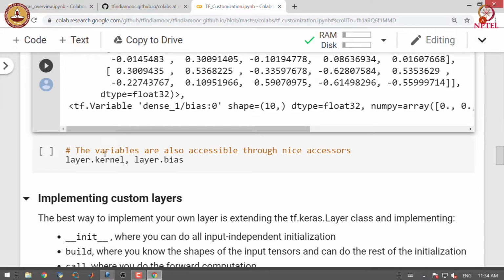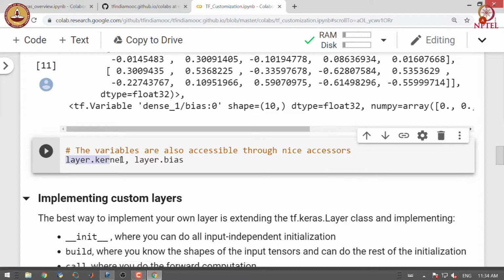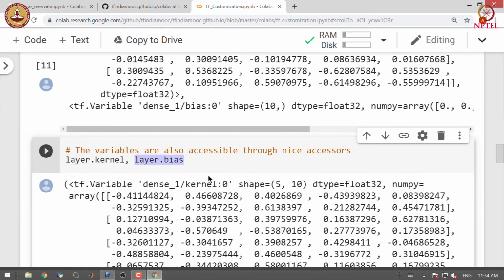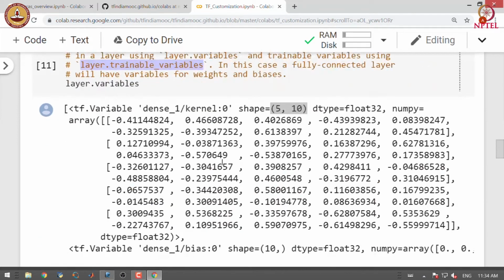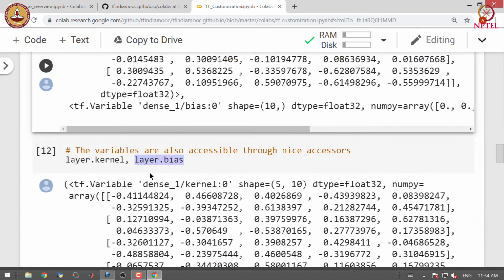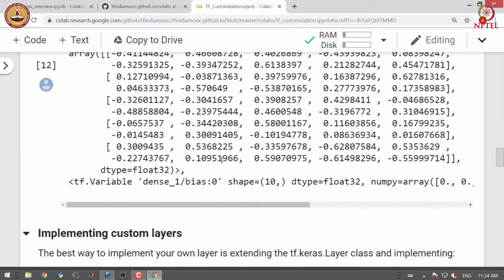For example, the kernel can be accessed using layer.kernel and biases can be accessed with layer.bias. We can see that we get the same output. Here the difference is that when we use variables, we get both kernel as well as bias, and we can separately ask for kernel and bias using the dot kernel and dot bias accessors.